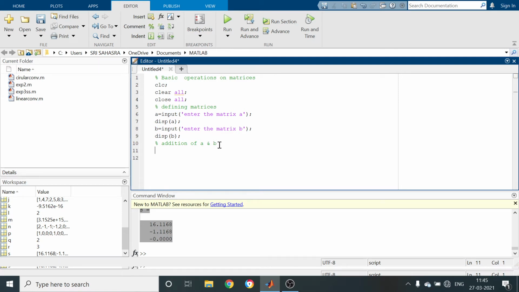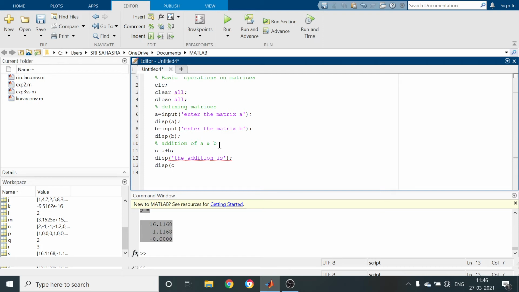In order to perform addition, I save the result in variable C. C equal to A plus B. Here we perform the addition using the plus operator and save it in a variable C. When you run the program, we don't get the output. Why? Because you have to display that variable, so for displaying it you have to use the disp command. Disp, the addition is, with a comment, and disp C.